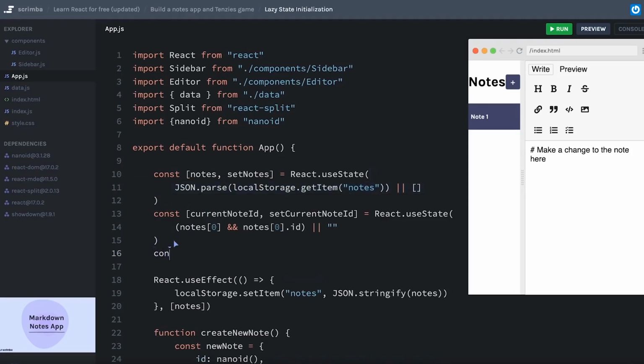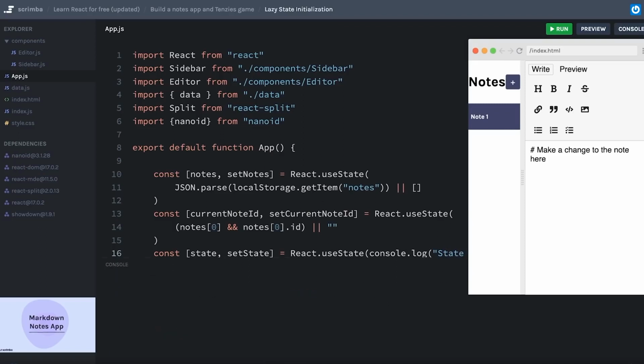And I can illustrate that by creating some new state. In this case, it really doesn't matter what it is. We'll just say state and setState is equal to React.useState. The reason it doesn't matter is because I'm actually going to put a console log statement which will run every time this line of code runs. Let's just put "state initialization". I'll open up my console, and when I hit refresh, we can see that we get that console log running,